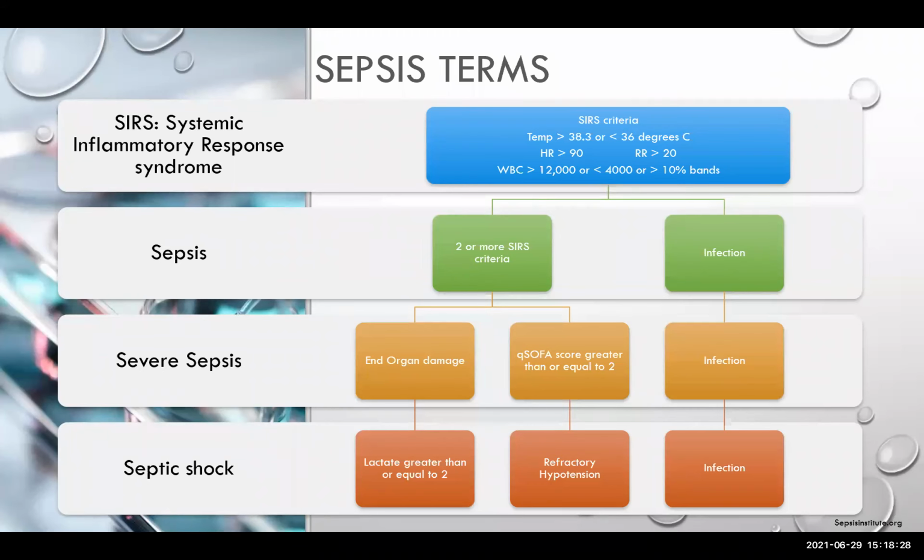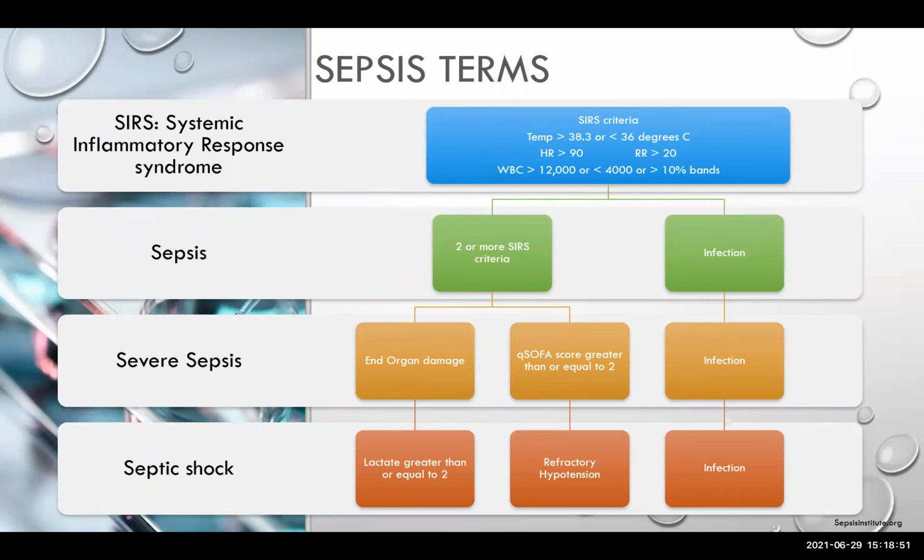Sepsis terms. SIRS stands for Systemic Inflammatory Response Syndrome. The SIRS criteria is a temperature greater than 38.3 or less than 36 degrees Celsius, heart rate greater than 90,